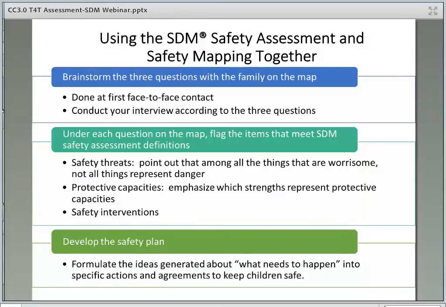This is a visual reminder of how SDM is linked to everyday social work practice. This is an example of how workers can use the safety mapping process to gather necessary information for the SDM Safety Assessment Tool during their initial investigations. Instructors can remind social workers in the classroom that SDM should be part of an ongoing discussion in family team meetings and safety mapping meetings with the family. These teaming and engagement activities can help build shared understanding about what needs to happen next.